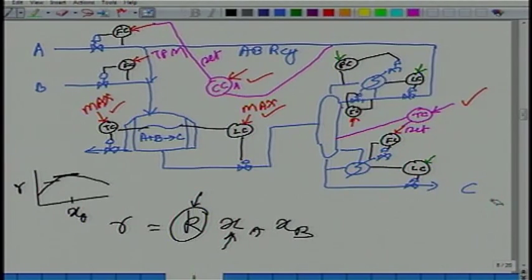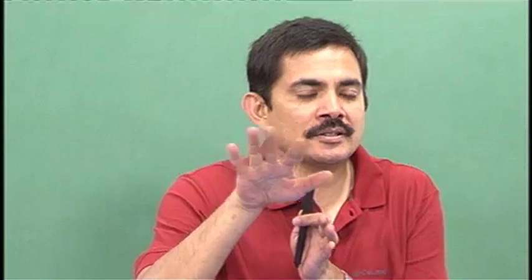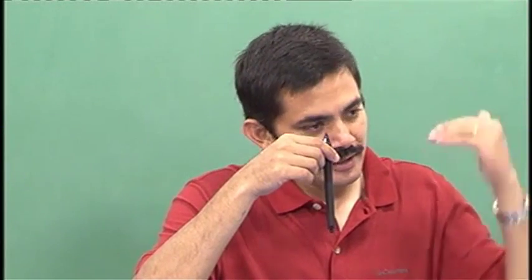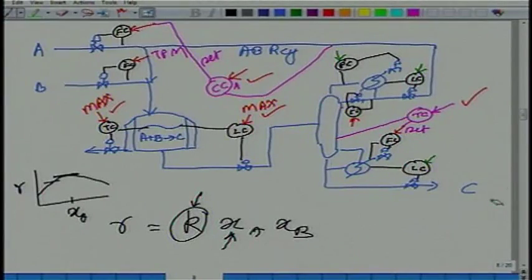So now you optimize what should be my throughput so that my operating profit, as per expected market prices today, is maximized. That can be done. Right now, for the sake of simplicity, we are just handling the case where I am told how much B must be processed. When it is a degree of freedom, I am free to choose this set point so that the profit my plant makes because of operation is maximized.